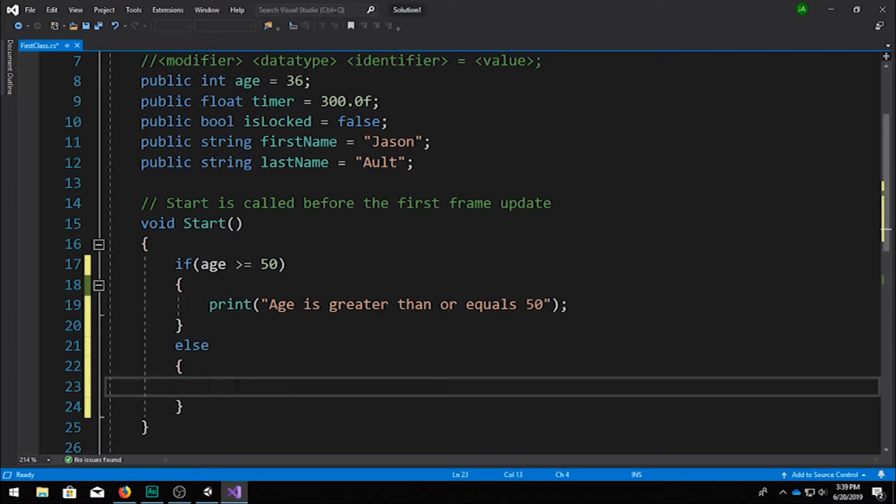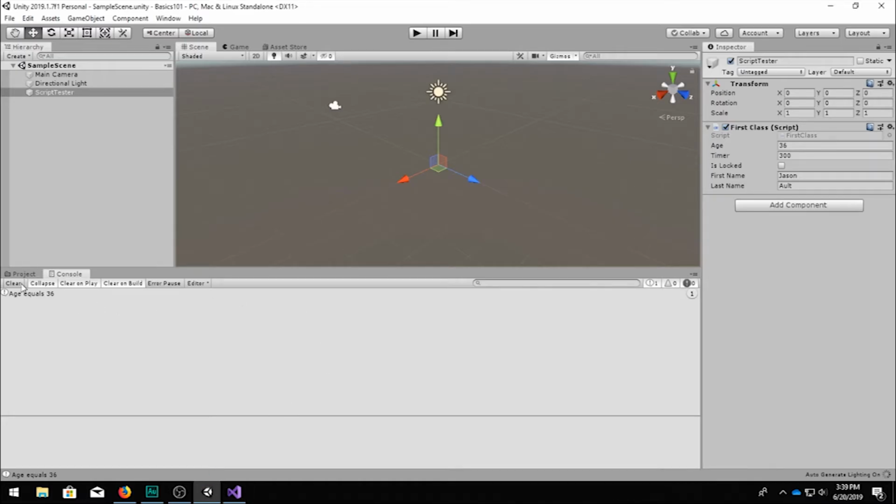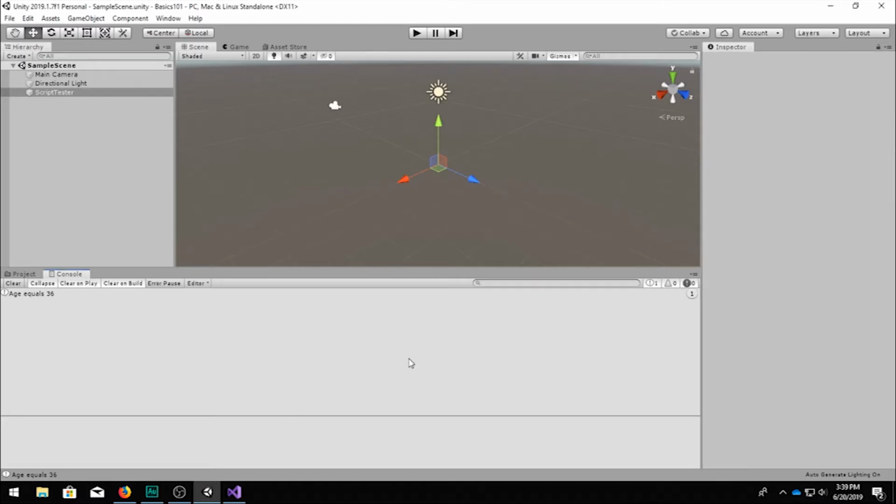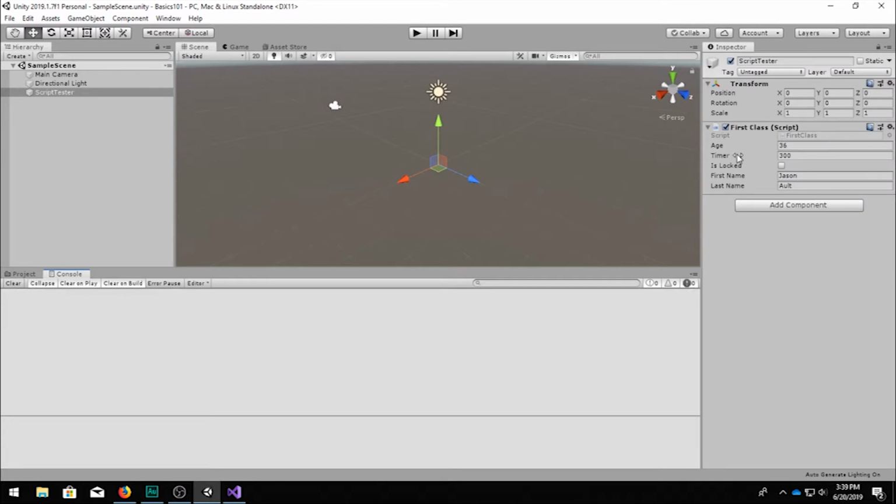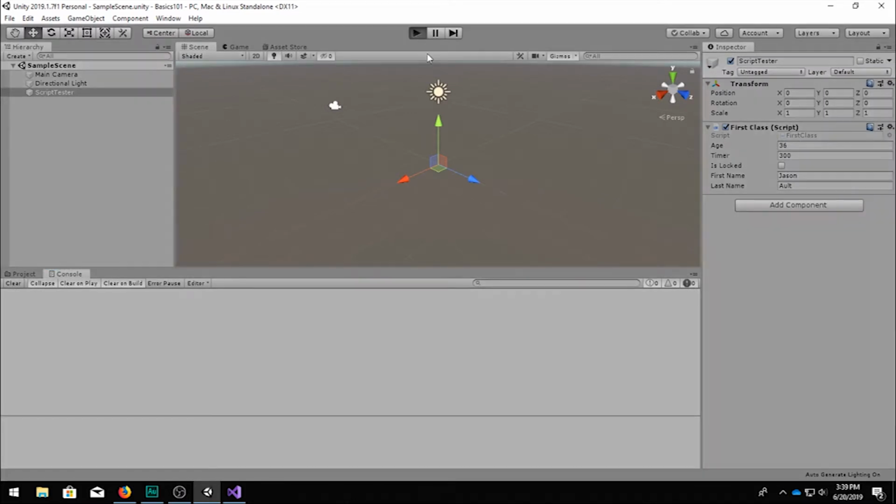So here we'll print another message, print. And we could have just copied and pasted: age is less than 50. Okay, so that gives us our if and else. So we'll save this. Now our age is currently 36, so we'll test that and get one message. So if I come back here, we'll clear out. We'll let the code compile. All right, age is 36, so if we hit play,